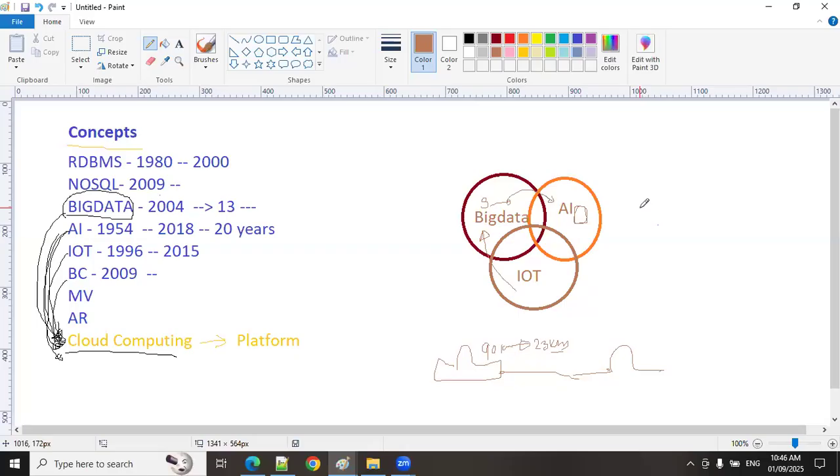When the car travels like this and meets the speed breaker, here we need to understand the diameter of the speed breaker also. If the speed breaker is very small, there is no need to slow down to 20 kilometers, it can go smoothly at 40 kilometers speed. In some places they build it like a wall. So then we have to slow down to less than 10 kilometers also. All this is already fed into machine learning. Then it will analyze the car's current speed, the distance between the speed breaker and the car, and the diameter of the speed breaker. Then it will come up with some number, which is 23 kilometers. Then this AI will give the action to this sensor. Then the sensor will make sure the car slows down.